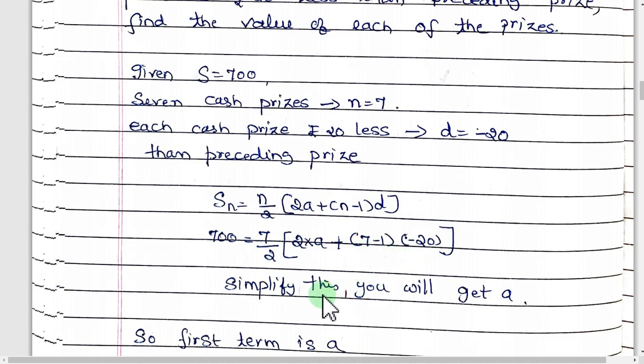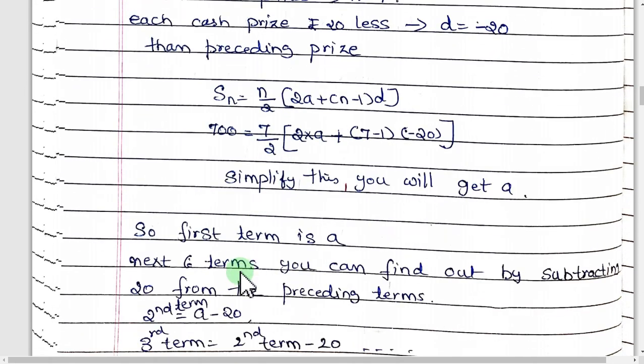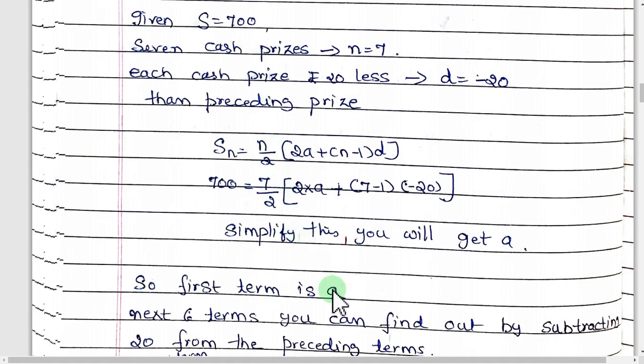Then you have to take this number to the left hand side of the equation. After taking this to the left hand side, that becomes that value plus this value, and 2a remains. Then take 2 also to the other side. Since it is multiplication in between, it goes to the denominator, becoming division. Then divide it, you will get the value of a. a is the first term of this AP. a itself is the first cash prize.